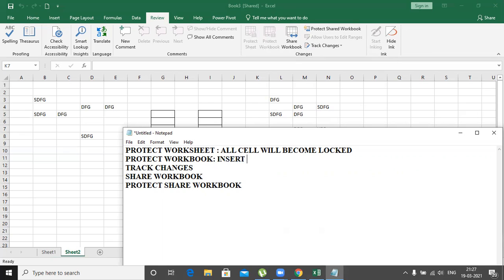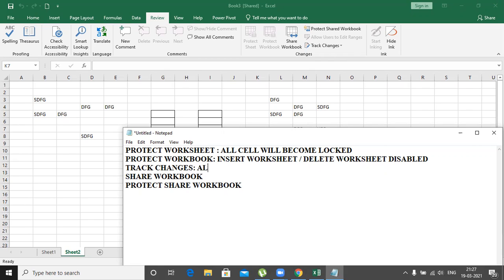But when you work on this one, insert worksheet, next delete worksheet, are disabled, and track changes.